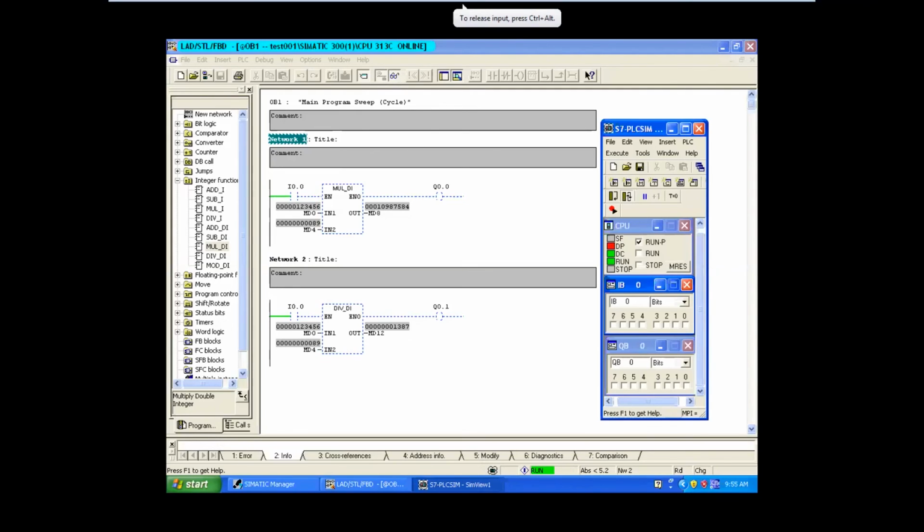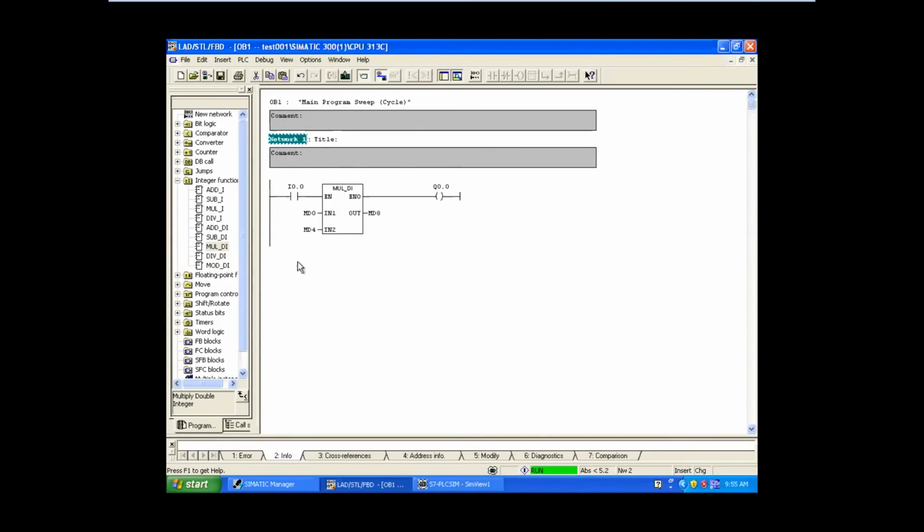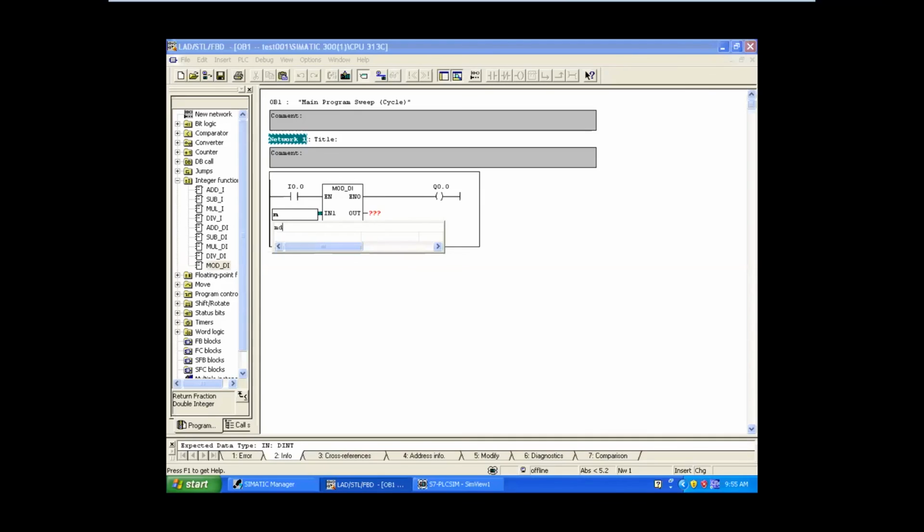What is the use of the mod function? Mod function will give the remainder value, right? So I'll give the same, we'll go online.